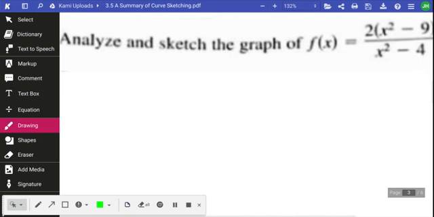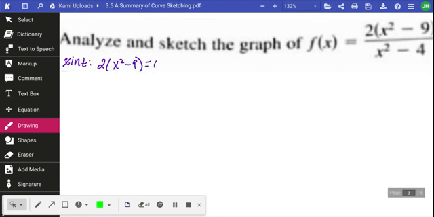Okay. So we have the function 2 times the quantity of x squared minus 9 over x squared minus 4. So what I would like to do first is start with our x and y intercepts. So we will first find our x intercepts. I'm going to abbreviate it as that. You find x intercepts by allowing y to be 0, which means we're letting that whole fraction equal 0. But fractions are only equal to 0 when the numerator is equal to 0. So really, I only have to worry about solving